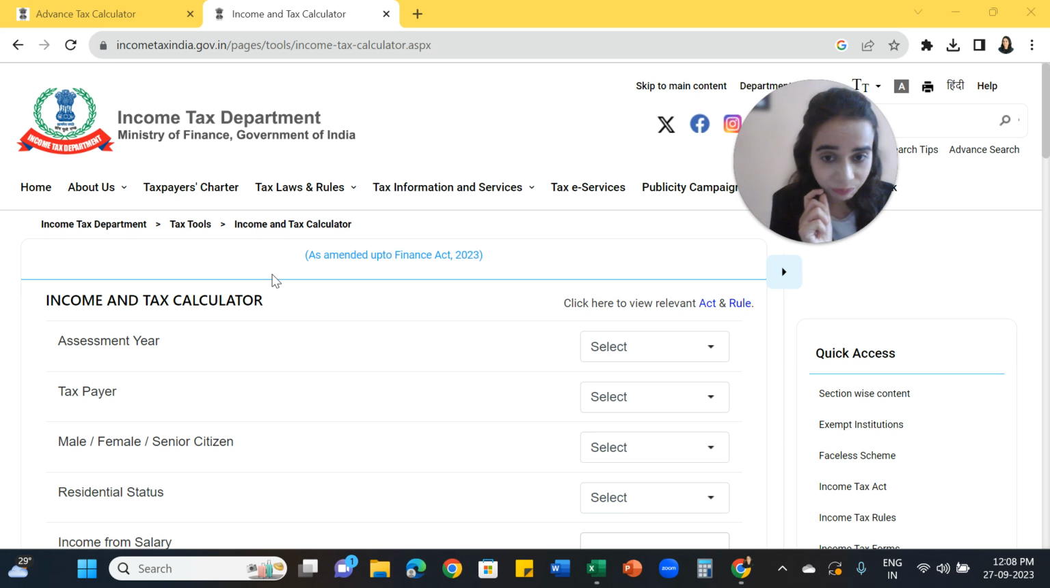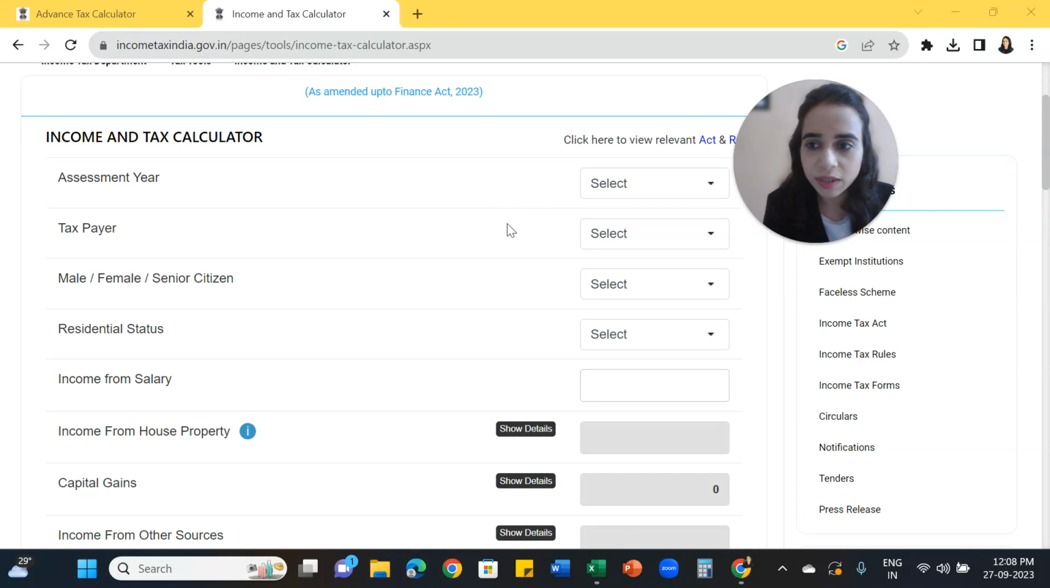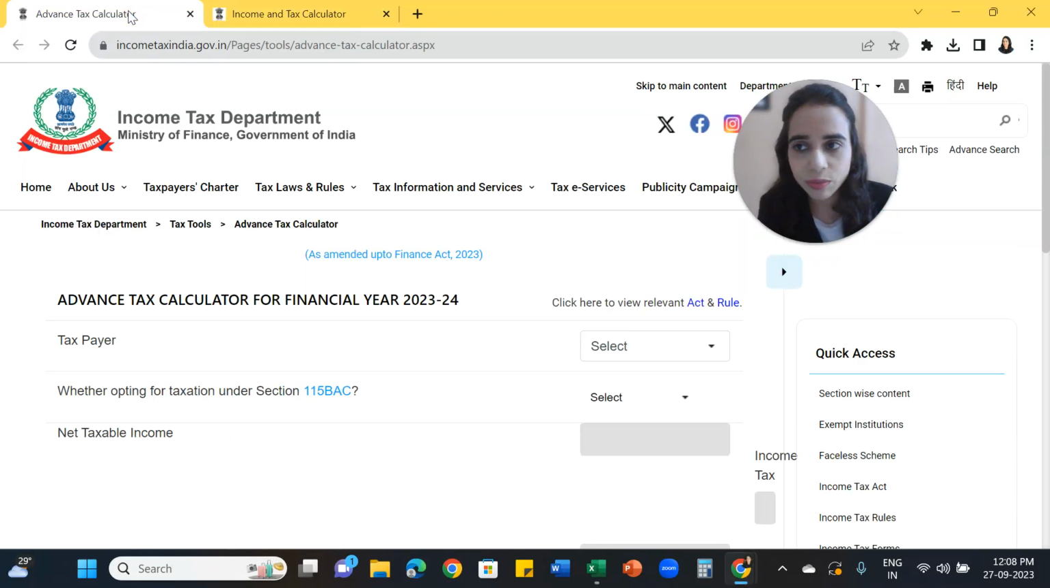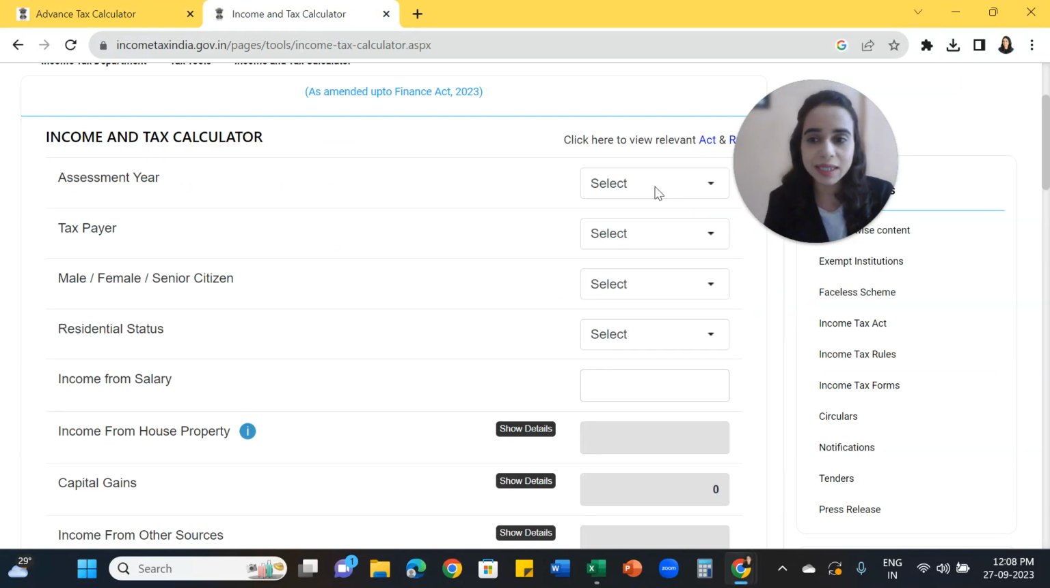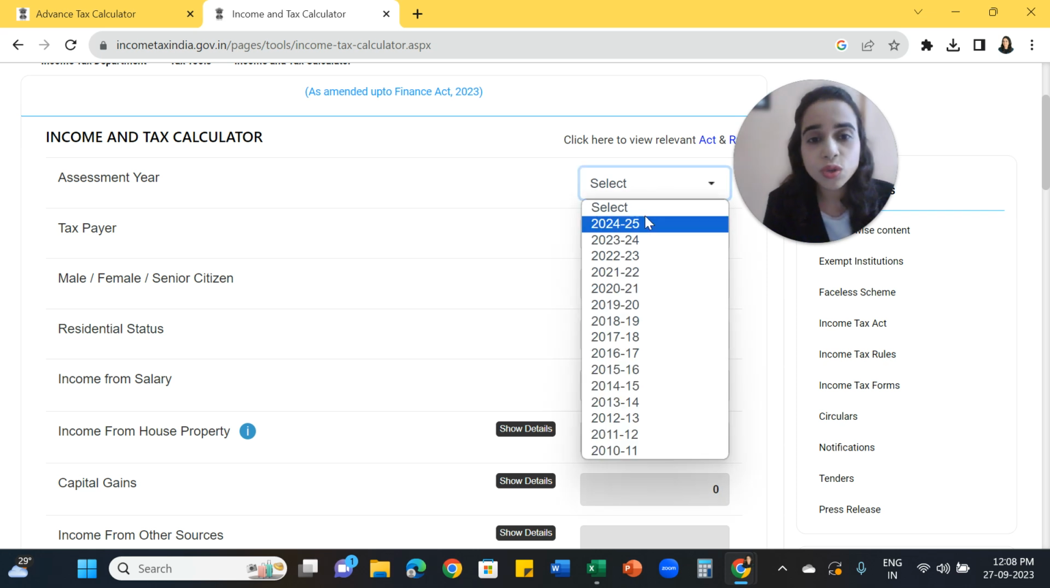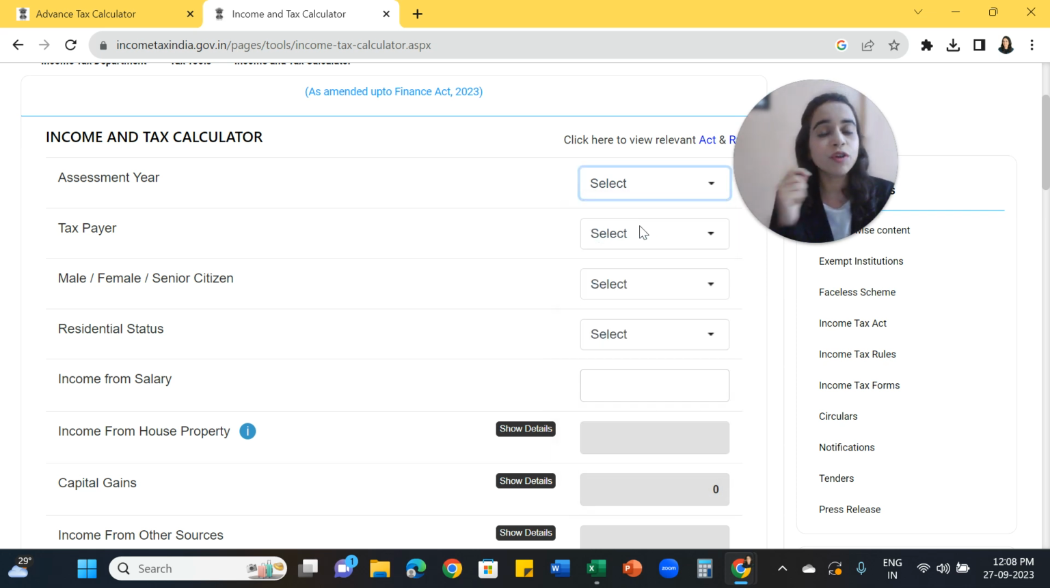But if we calculate and check the figures on how much interest we are losing by not paying advance tax, we will understand that it's not worth it. So let's calculate. Let's see some figures. Now I have taken two calculators. One is an advance tax calculator, one is an income tax calculator. I'll do some calculations for you so that you understand how much loss you're making if you're not paying the